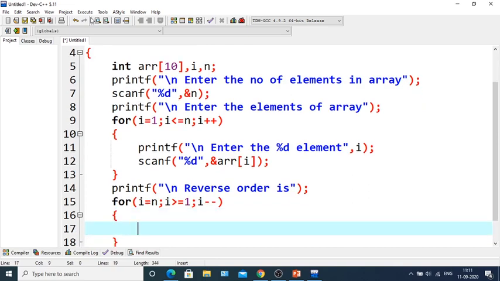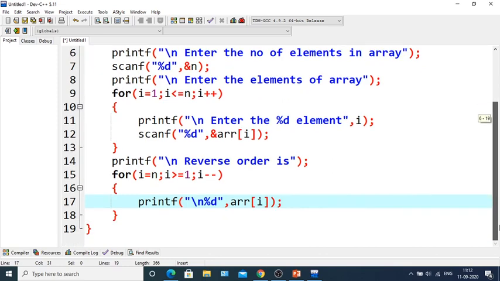Suppose the value of n is 5, so the value of i will start from 5. When the value of i is 5, it will printf %d, comma, arr[i]. That means the value of arr[i] will be printed, followed by \n and %d.